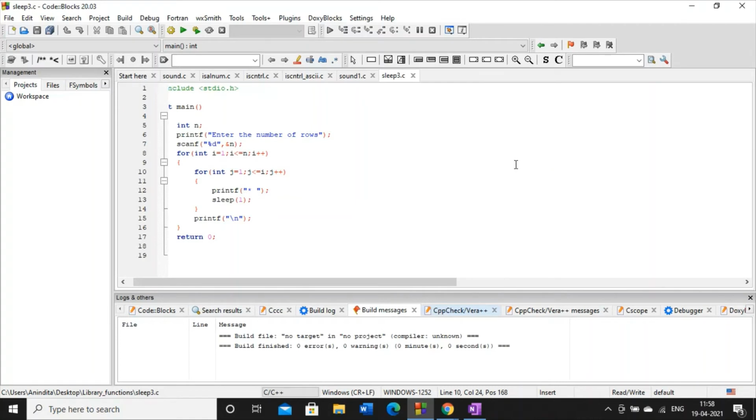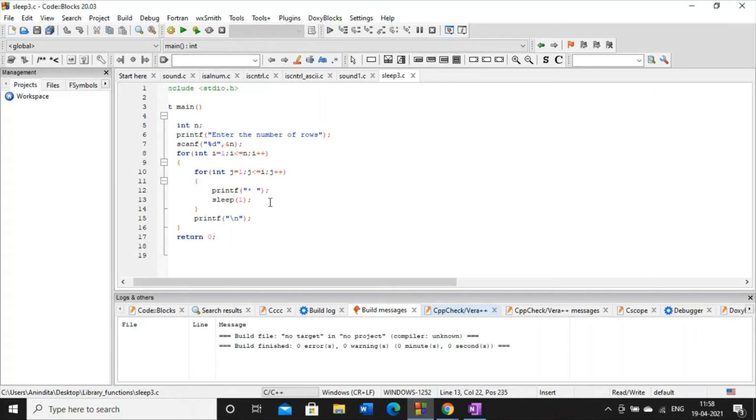But here the point is, since the column is responsible for printing the star, the inner loop denotes the column. So I have given one sleep function here. Means each star will be printed after some stopgap so that we could see an animated outcome.